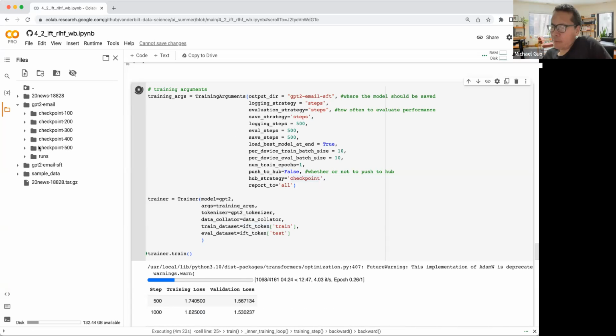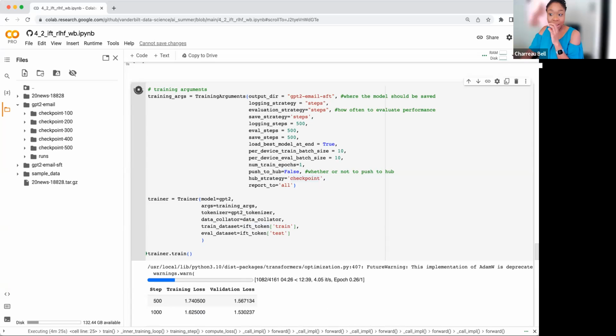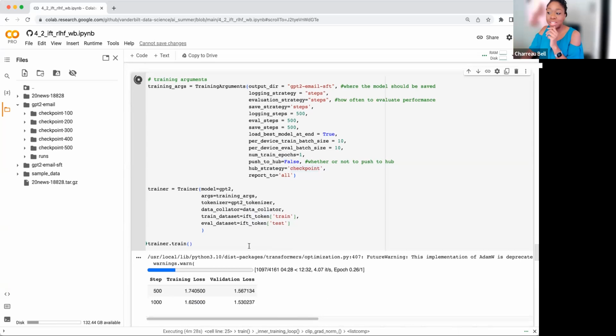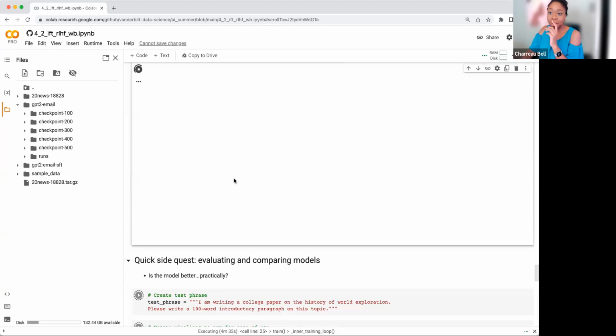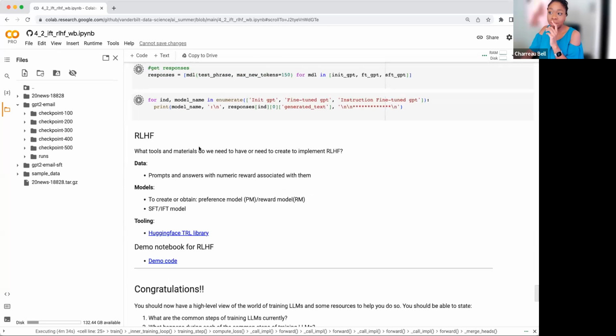Got it. And we will also see an example of that, hopefully, after this model finishes training. Otherwise, I'll show it to you in the solutions. So as this model is training, we're just going to casually ease on down to reinforcement learning from human feedback. What we have seen is that we learned all the tools necessary to do our pre-training, fine-tuning, and our instruction fine-tuning, our supervised fine-tuning. We had all the tools since yesterday. Now, what about this reinforcement learning from human feedback?